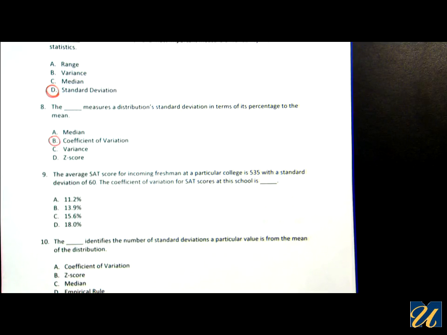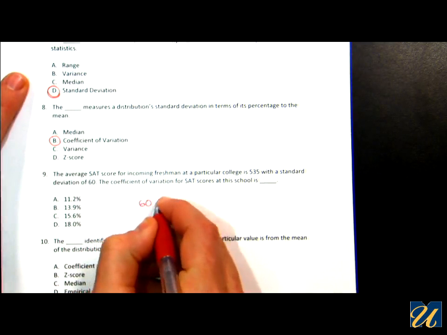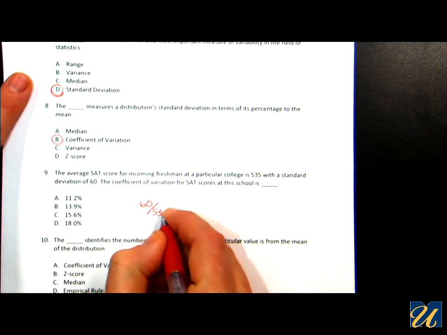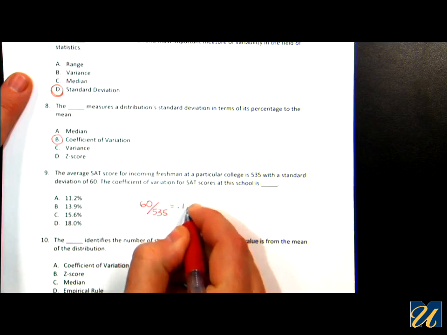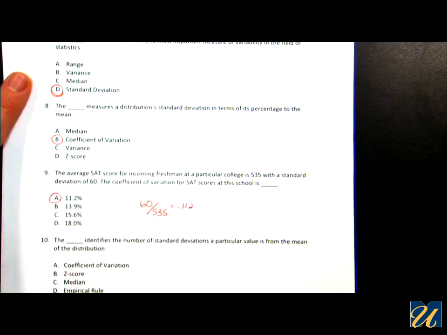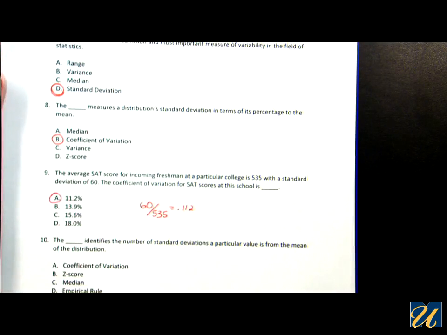The coefficient of variation for SAT scores at this school is, all we need to do is take the standard deviation and divide it by the average, which is 535. This will give us 0.112 times 100%, and this will give you the coefficient of variation,